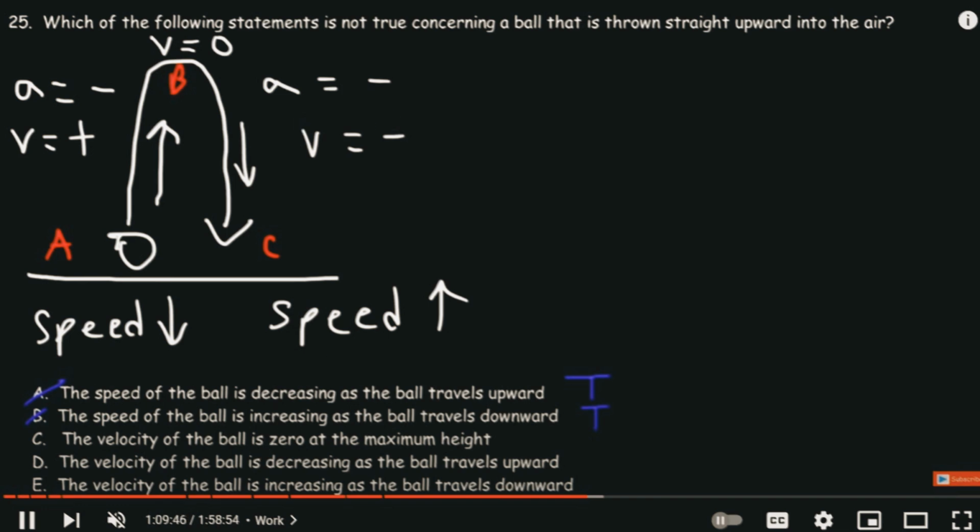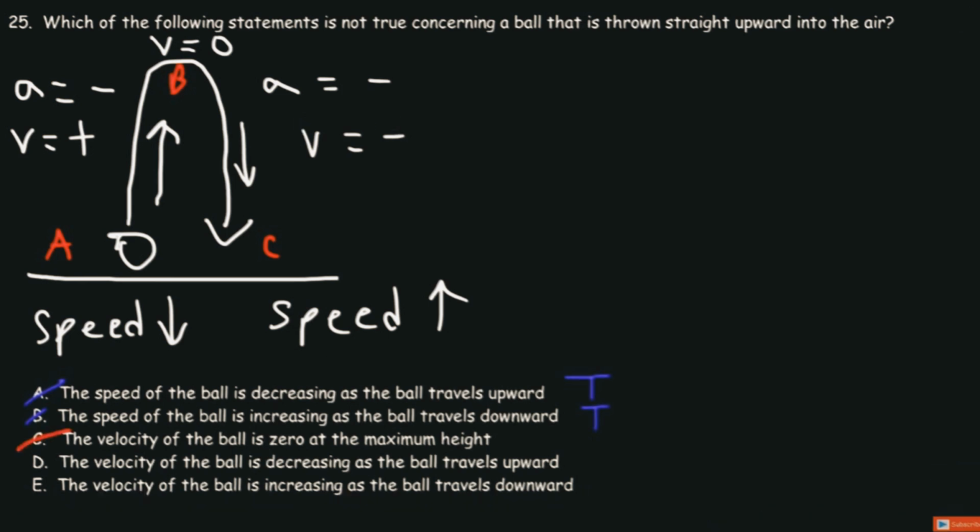Now, what about D and E? D says the velocity of the ball is decreasing as the ball travels upward. And E says the velocity is increasing as the ball travels downward. So which statement is true? It is D or E, and which one is false? Let's redraw this picture now. Before we do that, we need to understand